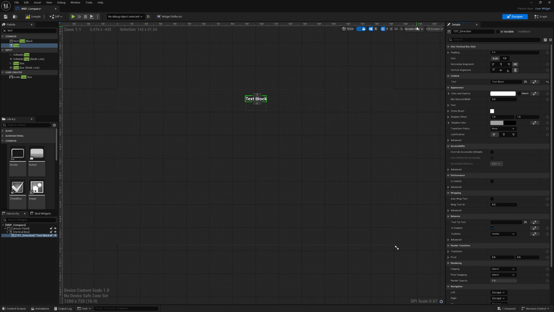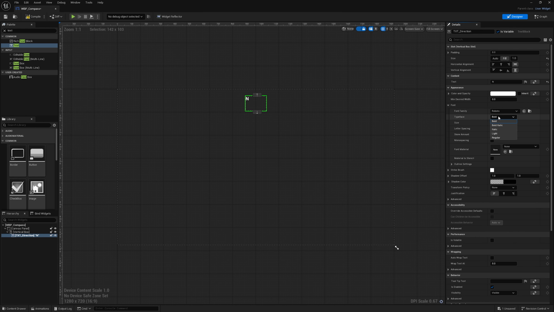Enable is variable on the text block, then set size properties to fill so the widget scales correctly inside the layout. Change the displayed text to N. Under the font settings, set the typeface to light, then increase the font size to approximately 50 for clear readability. Set the justification to center, then add a new text block to the canvas panel for the next compass